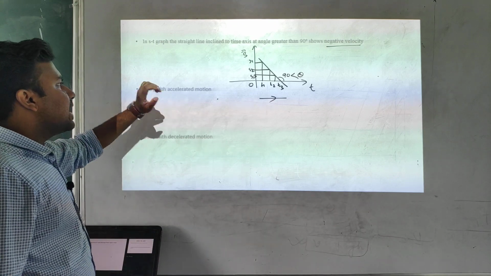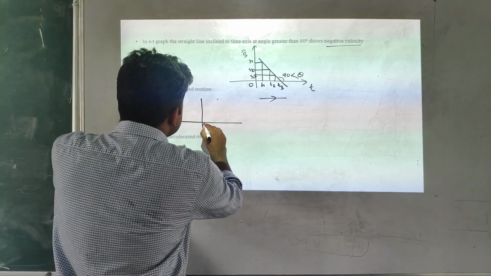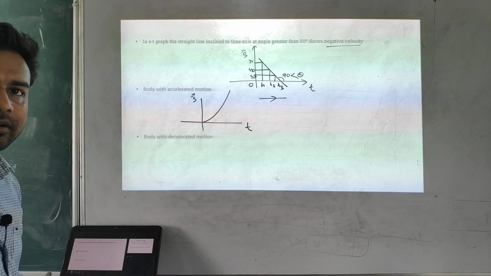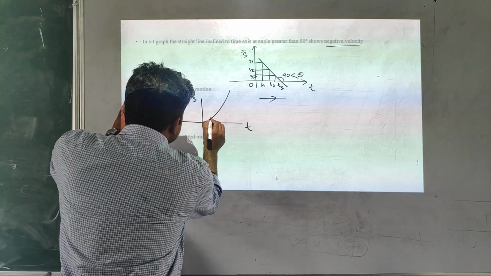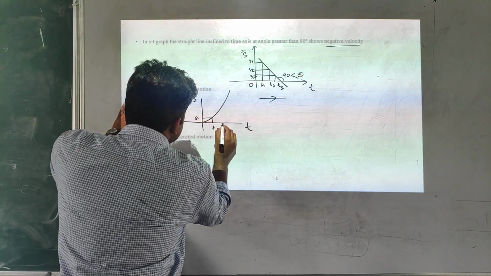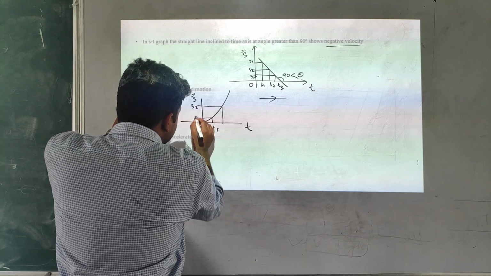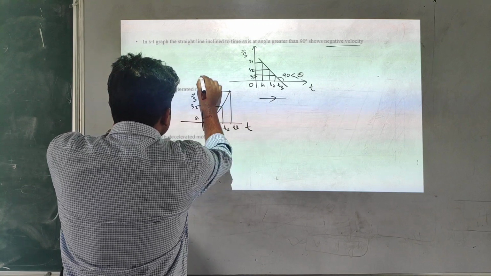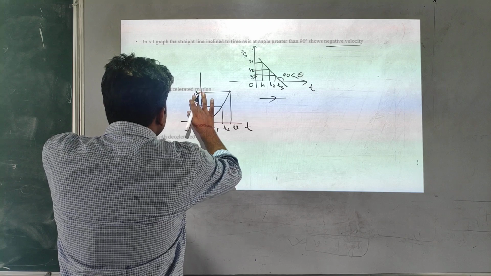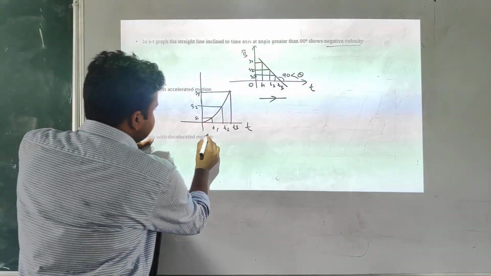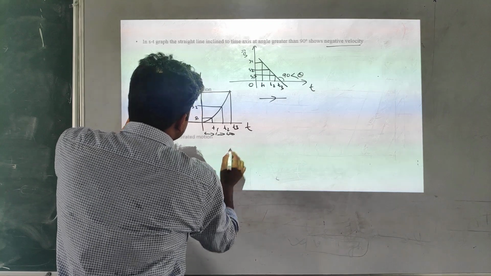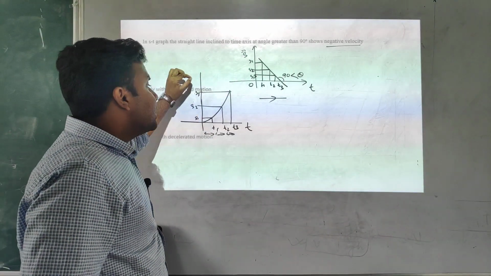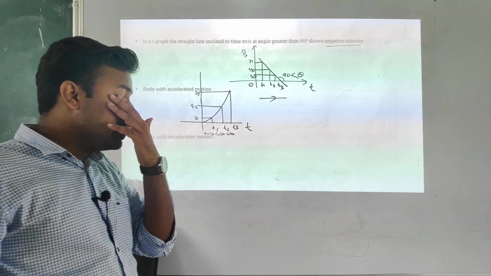Now, body with accelerated motion. Accelerated motion means, in a displacement versus time graph, it's like a parabola, is it or not? Look at this, in time interval t1 we have s1 displacement, but in t2 it's more, in t3 it's more, S3. So what we are getting from here is that the time interval is approximately the same, but the change in displacement is not the same, it's rapidly changing. It means it's accelerated motion.